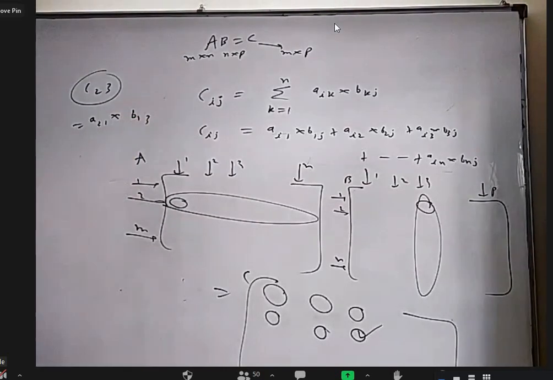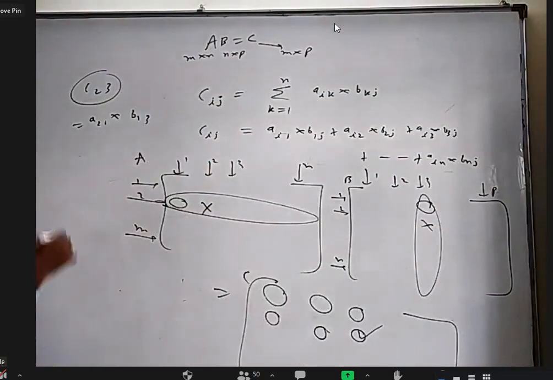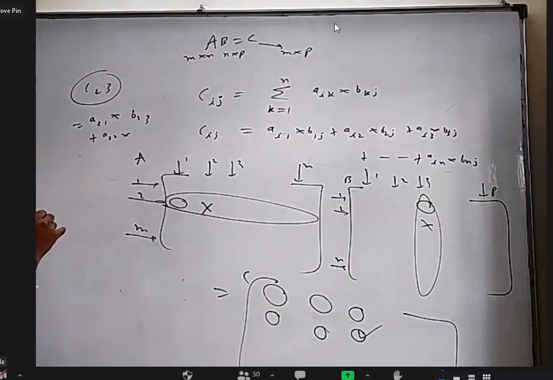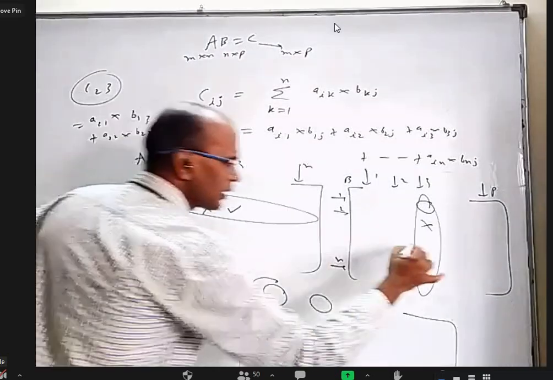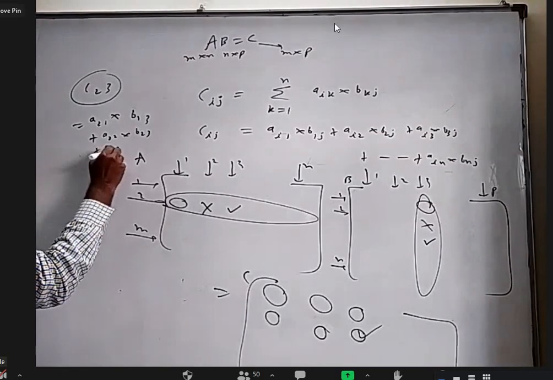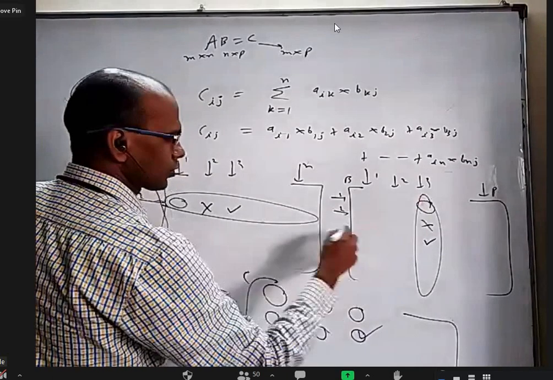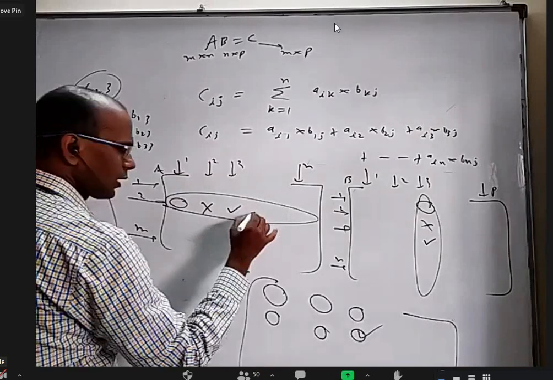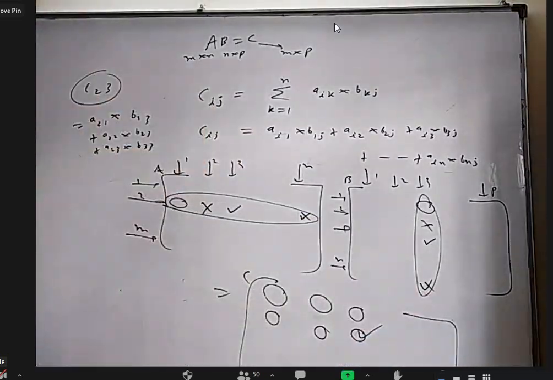B13. Correct? Yes. What about the element here and element here when I am multiplying? What are they? A22, B23. Yes. Let us say I have something here and something here. What is that? A23, B33, the third row, third column. Okay. Let us say I have the very last element here and the very last element here. What will it come?